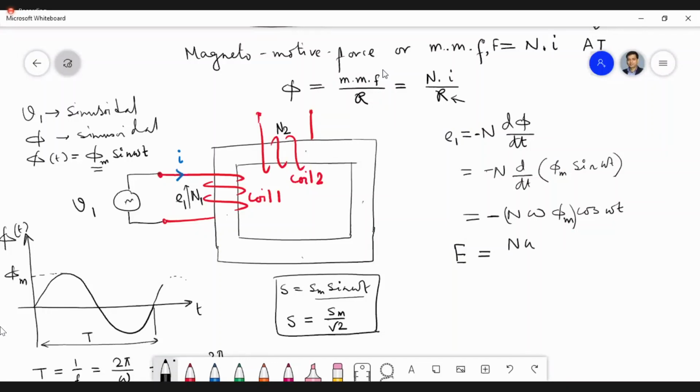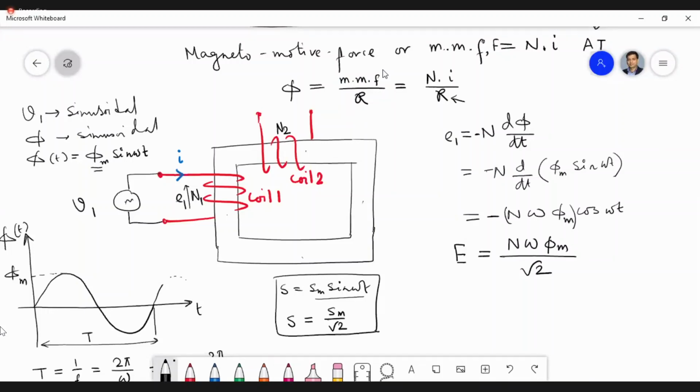Sir, this division by root 2 is only applicable for a sine or cos function, a sinusoidal function? Yes, it is not applicable for everything. It is only for sinusoidal quantities. This root 2 value is only applicable for sinusoidal quantities, not for any waveform. And by alternating waveform, we mean only sinusoidal waveform.